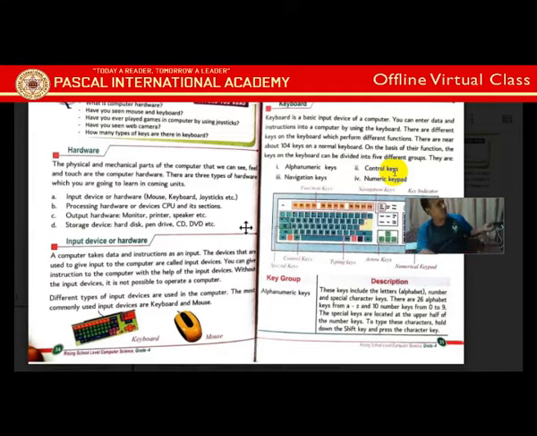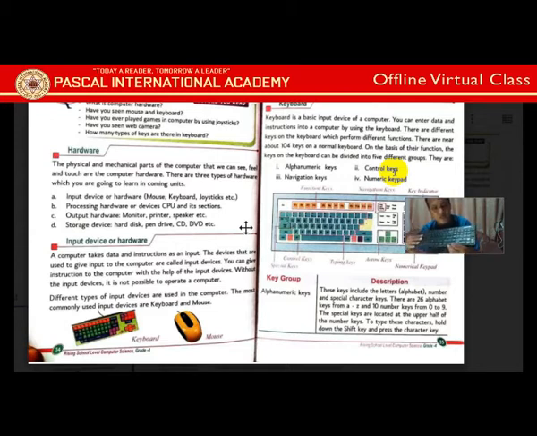That you can see, I have a wireless keyboard here. So you can see there the alphabet A to Z is there, and at the right side there are numbers, 0 to 9. This is called the alphanumeric keys. And another is the control key.